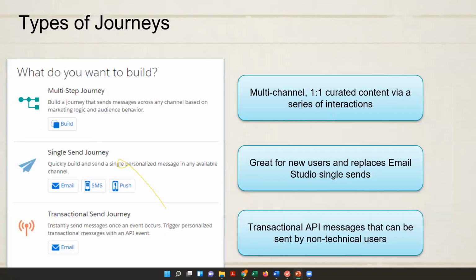When we create a journey in the Journey Builder, there are 3 types of journeys available. So we can get started from any of these. If we just want to send a single email, or an SMS, or a push message, then we can go with the single send journey. This is quick because the template automatically pulls up, and we just assign the email, map the email that we want to send, and the whole journey template will be